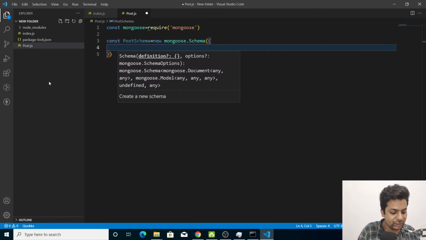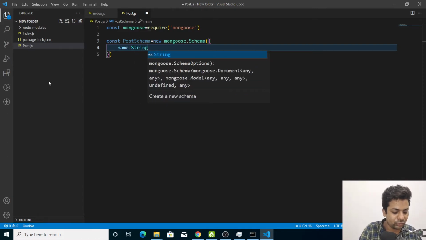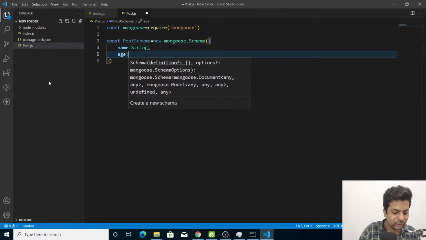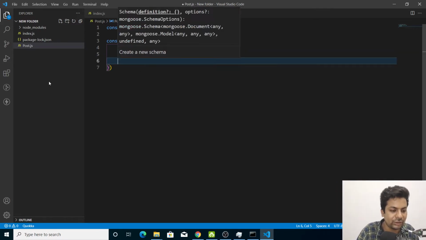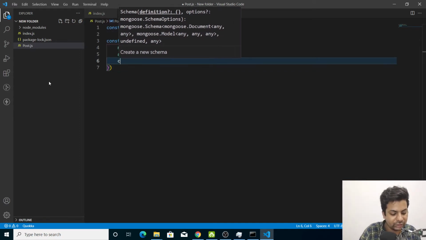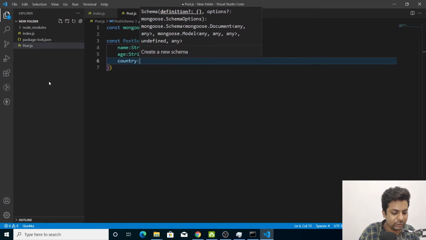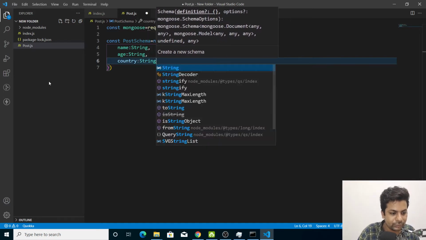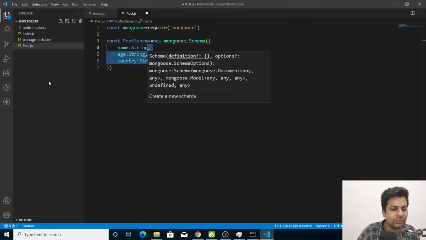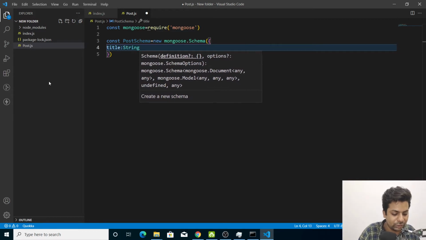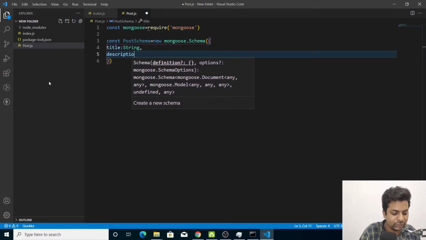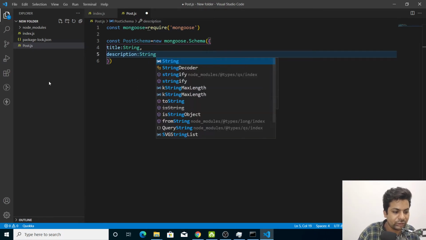Type, we'll say name, it should be a string, then age, also a string. It should really be an integer but I am making it a string. Let me just make it for title and description only. The title should be a string, and the description should be a string.